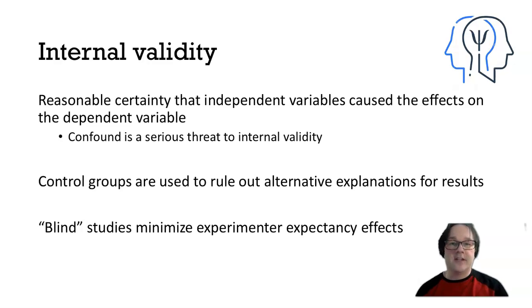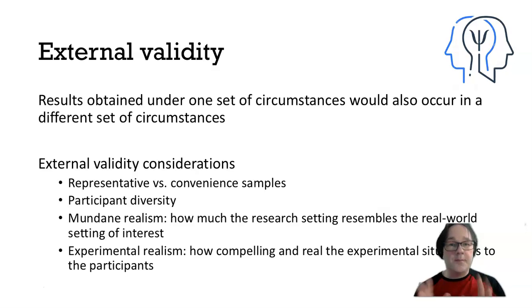So a double-blind study means the participants don't know which group they're in, and the researchers don't know which group they're in either. So double-blind studies, especially when it comes to medication studies, drug studies, like I've been using as an example, are incredibly important. Okay, so internal validity refers to how well or how certain we are that the independent variable actually caused the dependent variable. External validity is